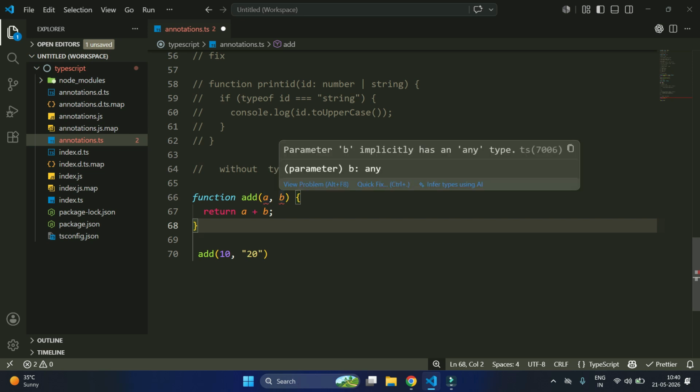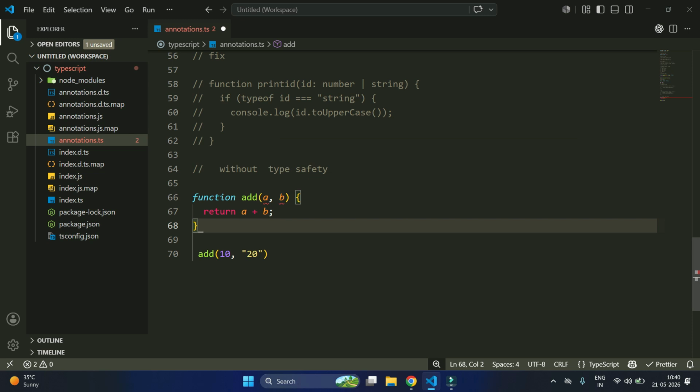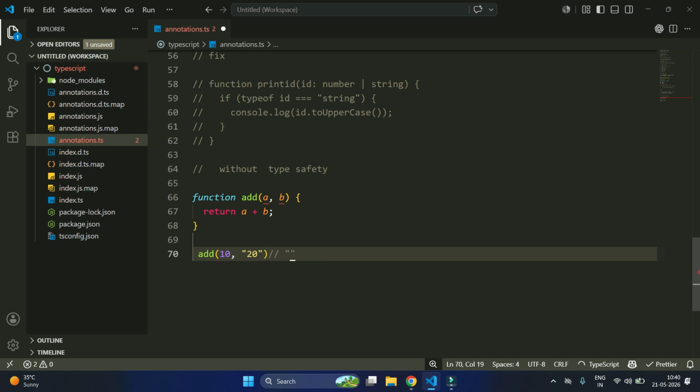Okay, then B also has any type, but you see here, from here you pass a number, and from here 20 it is a string. So here JavaScript converts the number to a string, and the output becomes wrong. Your output comes out as a string, 10 plus 20. Okay,